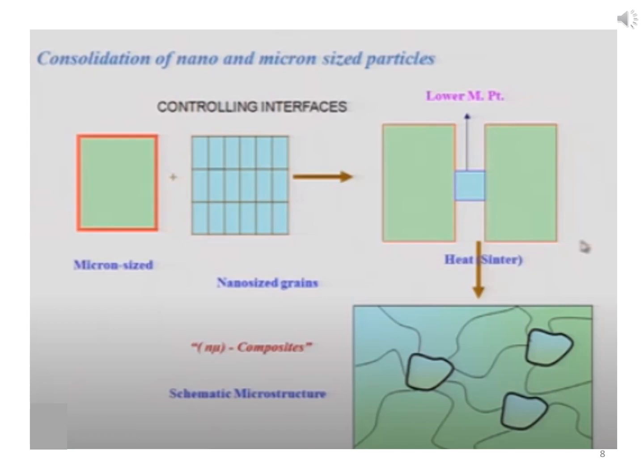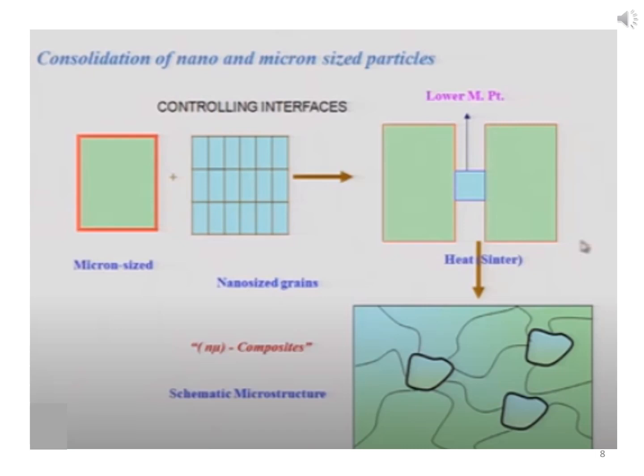When you add micron and nano-sized particles of the same material, for example barium titanium oxide, you take micron sized particles and also the same material in nano sized particles. Then you mix these particles, and in this diagram you can see